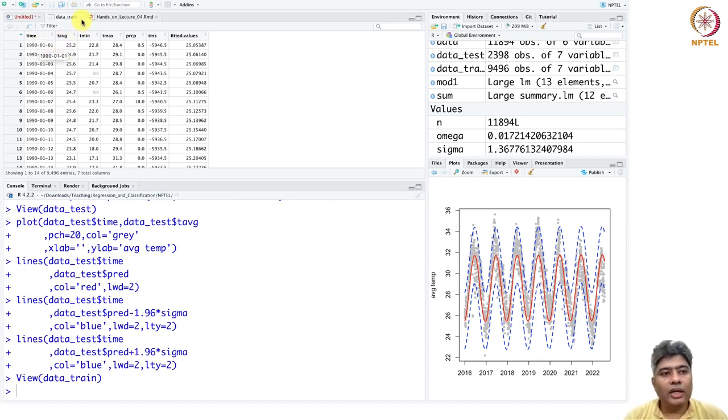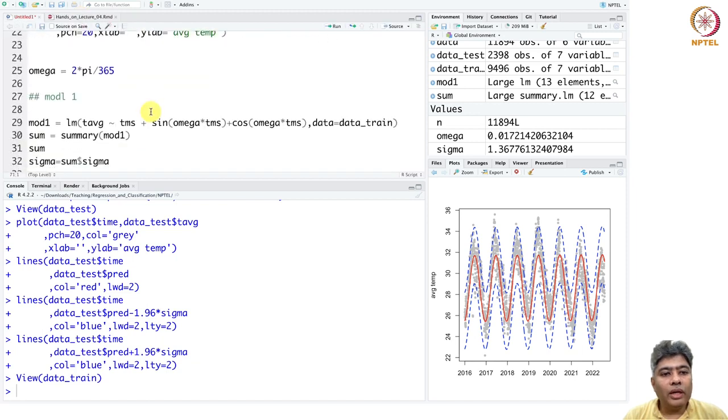From there we have created these two variables, sine and cosine, which are our engineered features: sine omega t and cos omega t. With the engineered features, we fit a nice model which is doing pretty reasonable in terms of predicting the temperature. So we will stop here